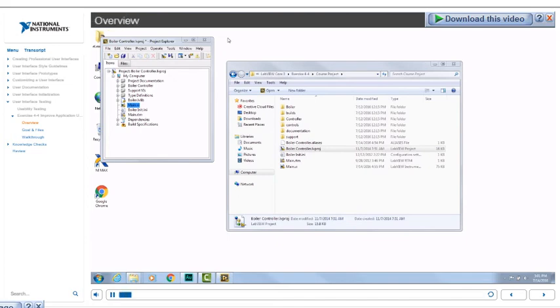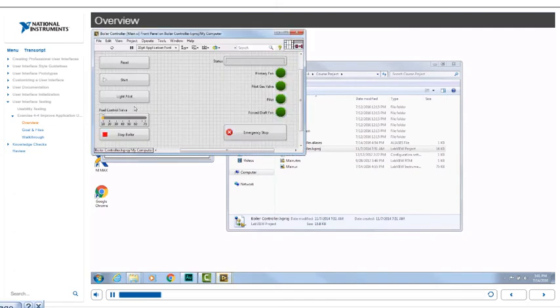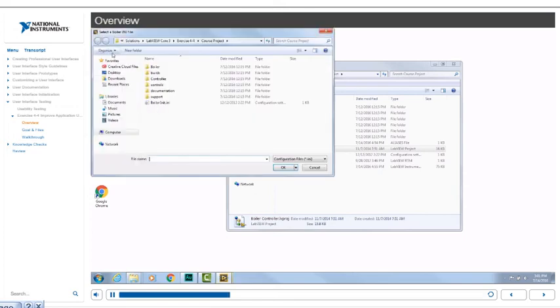Let's take a look at the usability improvements that you're going to make to this application. When we open main VI, note that we've reorganized the front panel to be a little bit more usable. Most of our controls are on the left, our indicators are all on the right, and the emergency stop button is large and prominent in the lower right-hand corner. When we run the VI,